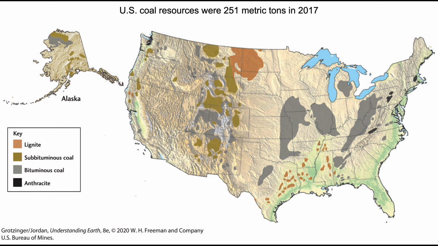Where do we find this stuff? We find lignite in enormous deposits in the Dakotas. This is North Dakota, South Dakota, Montana. That's where most of it is. Subbituminous coal, again, huge deposits in Montana and Wyoming. Wyoming here, the big Montana deposits up here. And then a smattering throughout Colorado and New Mexico, a little bit in Arizona. Bituminous coal, that's much of the Midwestern coal, and the Appalachian coals here, the Western Appalachian coals. And then anthracite, the good stuff, is located here in the Appalachians, where it has been baked by our collisions